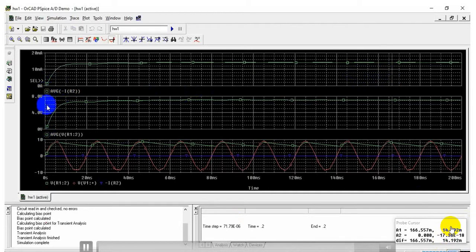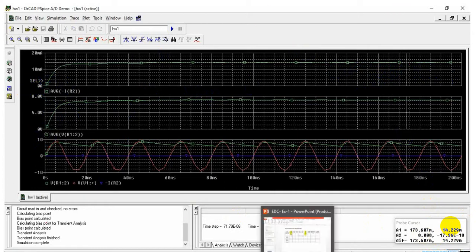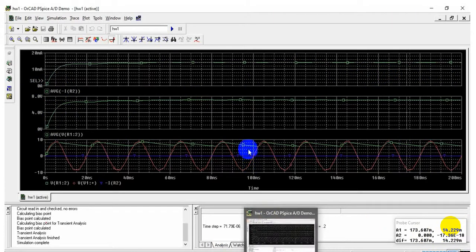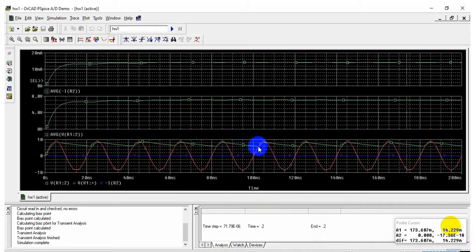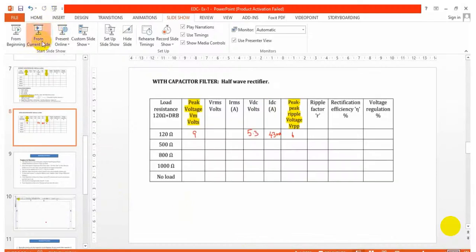So these are your VDC and IDC values, and the ripple value, if you observe, is around 1 box, that means around 2 to 3 volt. All these three readings you have to note down. See, ripple minimum is around 6, maximum is going around 9.